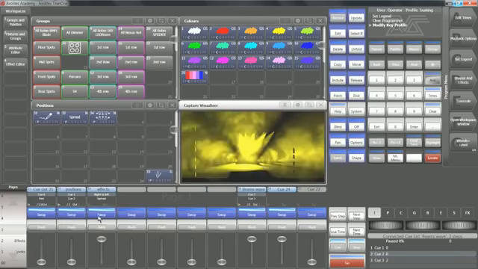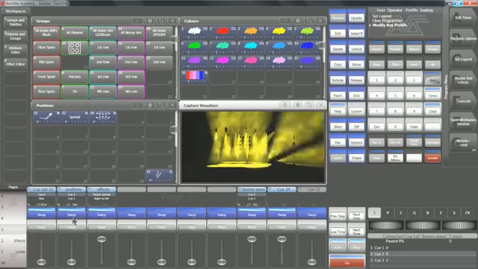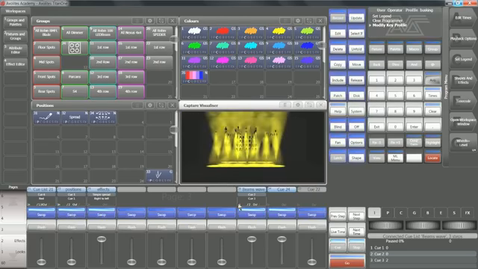You can see it's nice, it's quick to be able to choose my different looks and my different steps. You can do those effects cue lists. You could have one that's just got position effects. You could have one that just has intensity effects. You could have one that just has color effects. You could then change